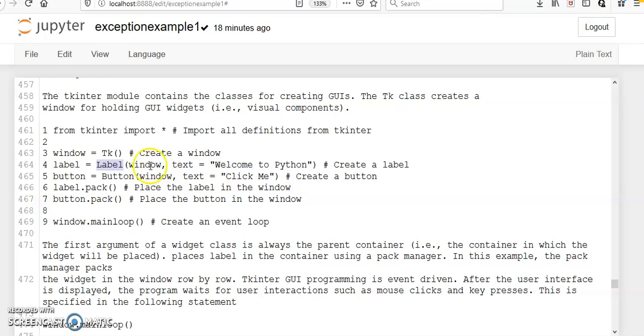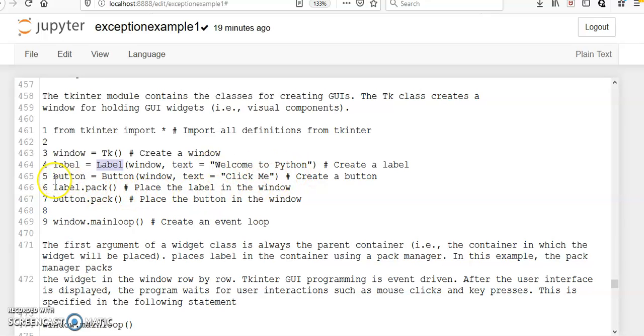Window is an object of the Tk class, which is the parent for the label. Then text equals "Welcome to Python", which means the label will show Welcome to Python.